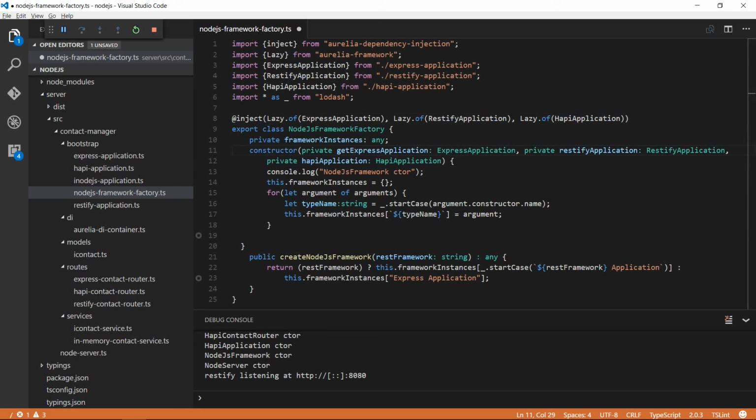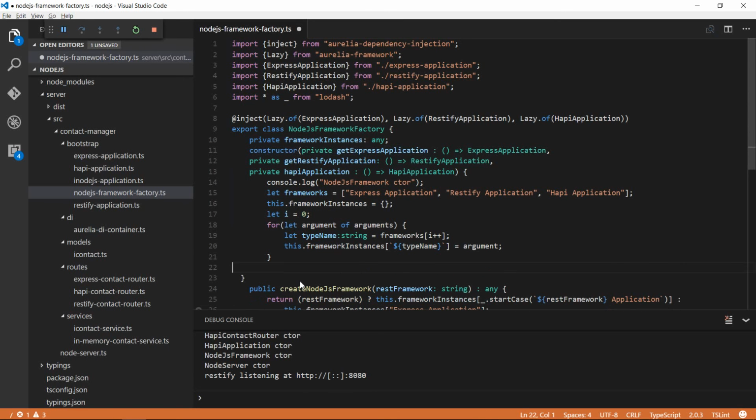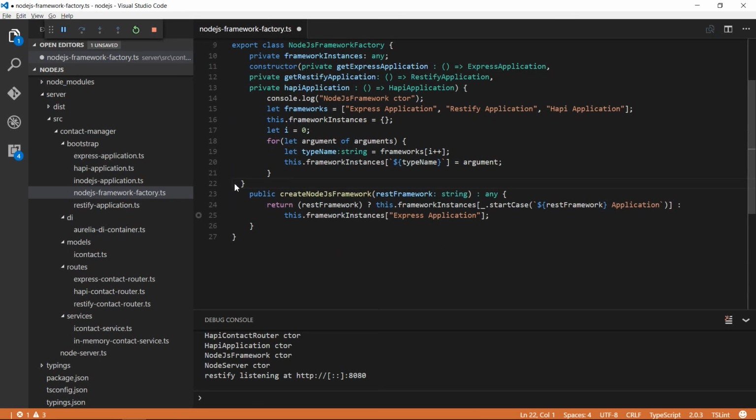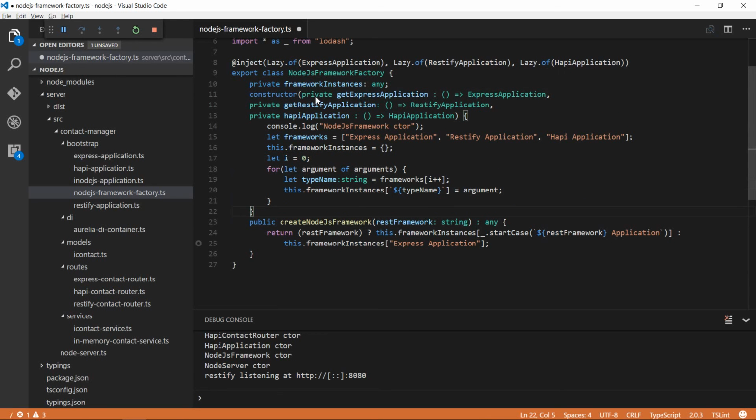So I am going to copy and paste the function definition from the completed application, and I'll explain that. Okay, as you can see, I'm defining a function that returns Express application, a function that returns Restify application,